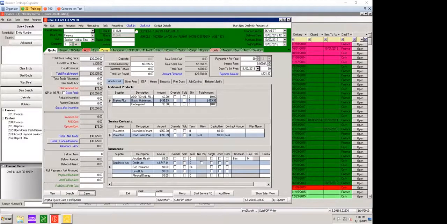So I think we're good now. We have sound working, and we can go ahead and get started. The purpose of this meeting is to go over some of the new finance features. We're going to talk about the menu selling that we have built into the software. And then we're also going to talk about the aftermarket product integrations with American Guardian, and also kind of touch